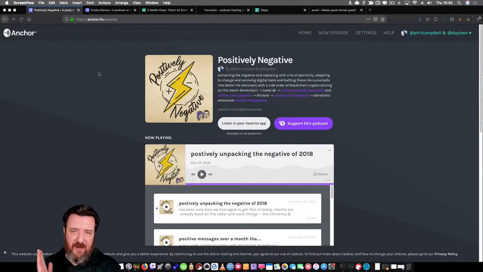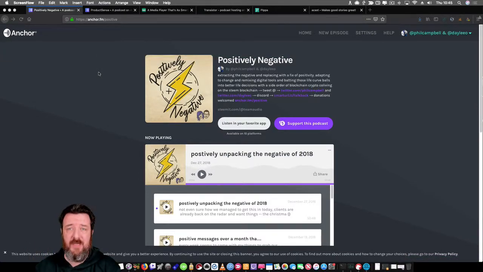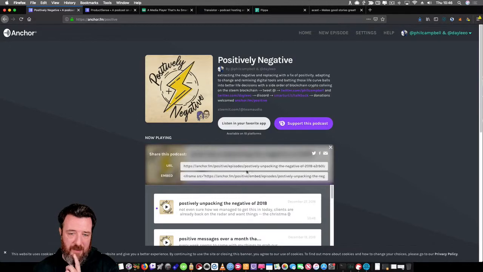So I've showed you how to record your audio, how to distribute it, how to put it on centralized, decentralized. Now we're going to have a look at embedding that content into different places. As I showed you briefly earlier on, you can go to anchor.fm and your account name, and you can embed from there. You can literally copy this, share, and copy that embed and drop that into your web page,